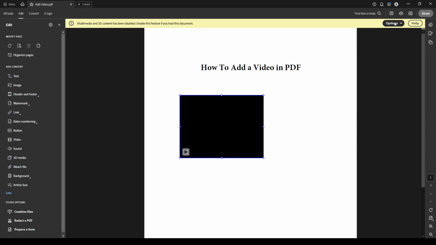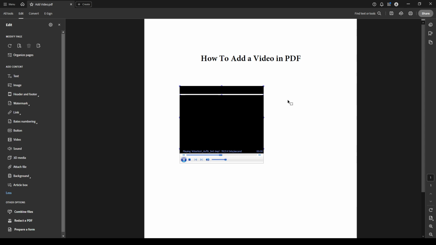This step-by-step process might take a little practice if you're doing it for the first time, but just by following along with this guide, you're well on your way to mastering the technique of adding video content into PDFs using Adobe Acrobat Pro DC. Feel free to explore and add other multimedia elements to further enhance your PDF documents with